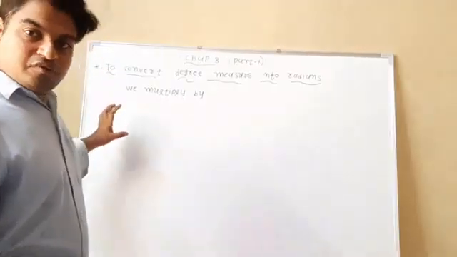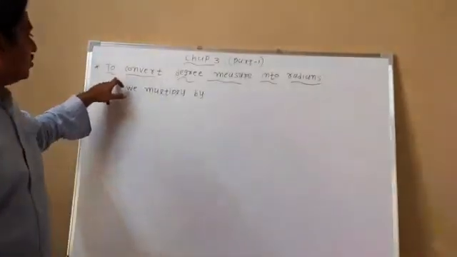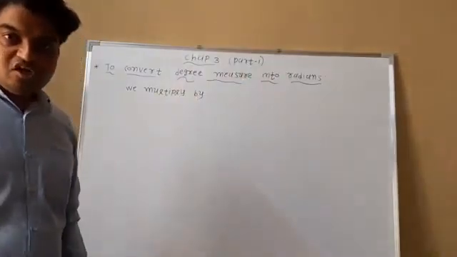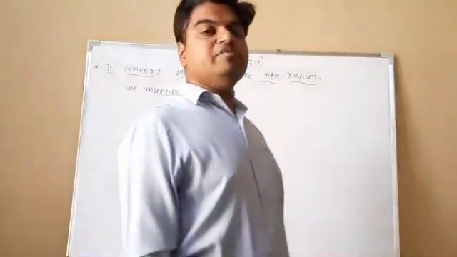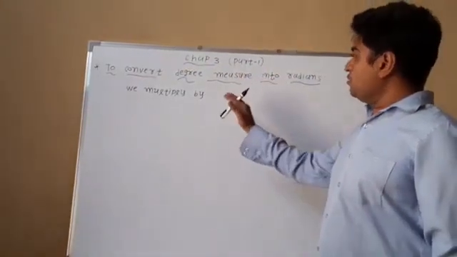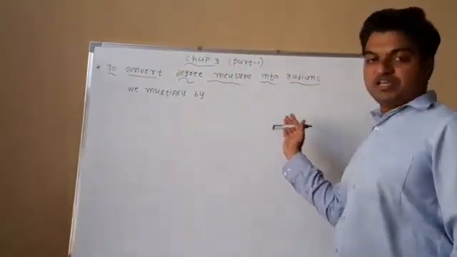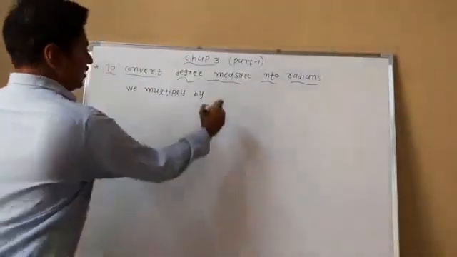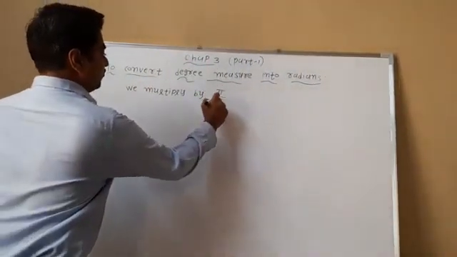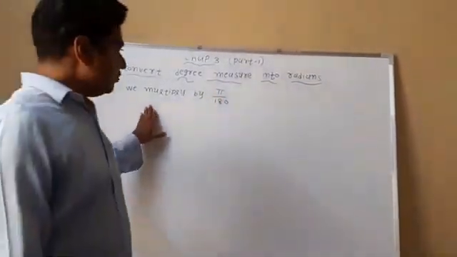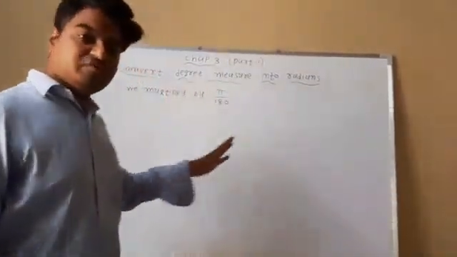Now our next topic is to convert degree measure into radian measure. So how can degree measure be converted into radian measure? It is the reverse order of converting radian measure into degree measure. So here we multiply by pi upon 180, right? Related to this topic, now let's discuss some examples.